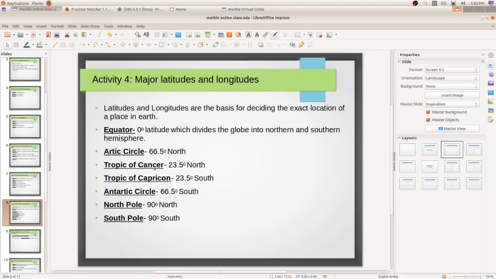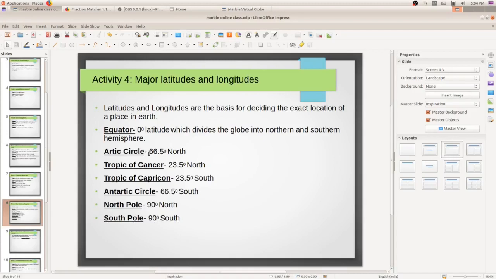It is in north side. Tropic of Cancer is also in north side. Degree is 23.5 degree. Tropic of Capricorn, Antarctic Circle, these both are in south hemisphere, and note down the degrees. North Pole means in north side at the top 90 degree. South Pole means at the bottom 90 degree. So these are the major latitudes.